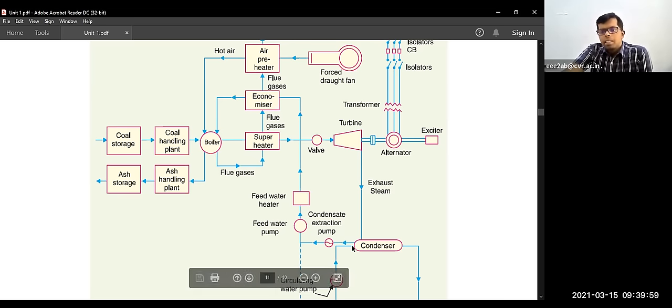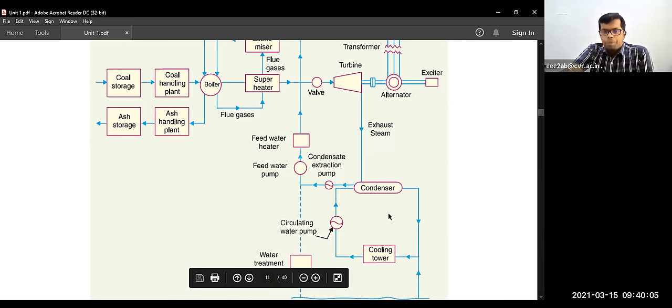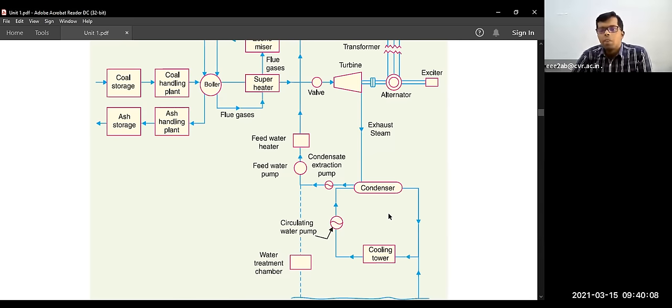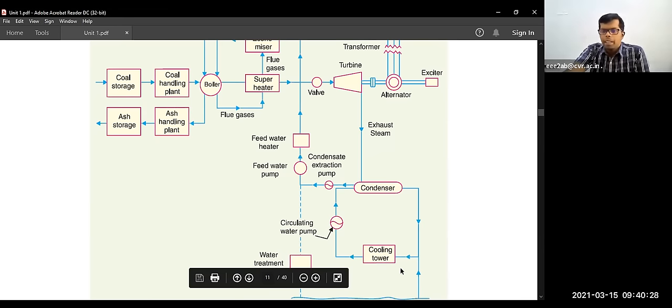This exhaust steam is fed into the condenser. In the condenser, the exhaust steam, say at 200 degrees Celsius, is condensed, and some of that steam converts into water particles. After collection, it is given to the cooling tower. From the cooling tower, it passes to the circulating water pump. Why they pass it to the circulating water pump means,